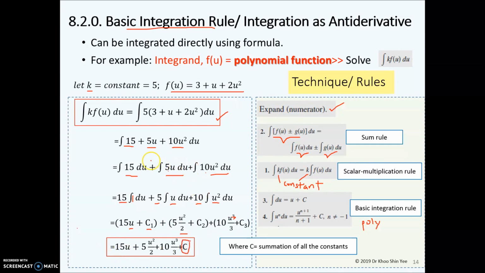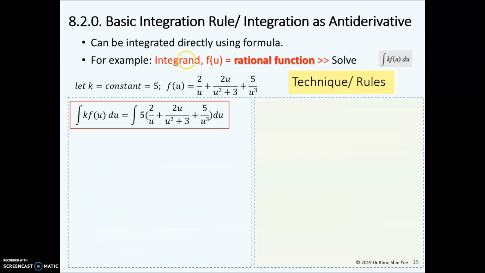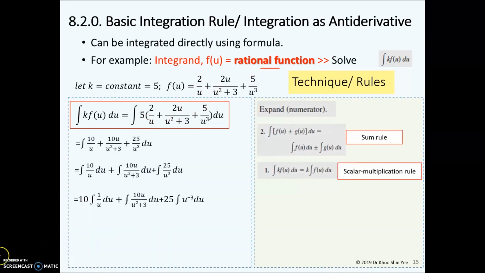If you are familiar with this technique, you should be able to do it faster. For example, this step can be skipped, where directly from here you can get this answer. Next, let us look at rational function like this one. By applying the expand, sum rule, and scalar multiplication rule like the previous one, we are able to obtain this answer. You multiply 5 inside, you get this,